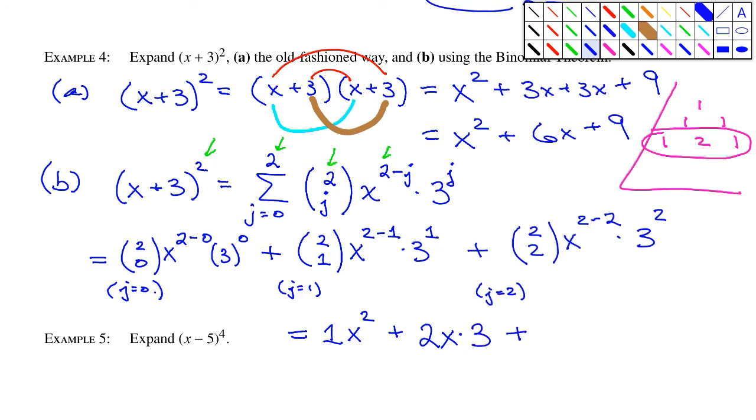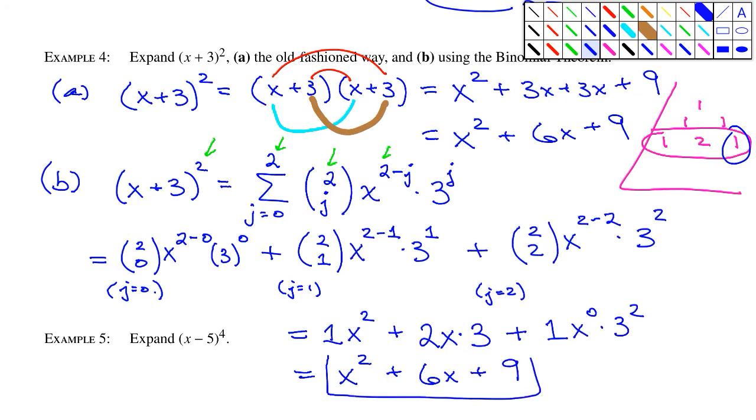Plus 2 choose 2 is that final one right here. X to the 0 power times 3 squared. And then if you simplify that, you get x squared. 2 times 3 is 6, so 6x. 3 squared is 9. 9 times 1 is 9. There it is. Now that was a lot of work for the one that we did, but that was merely